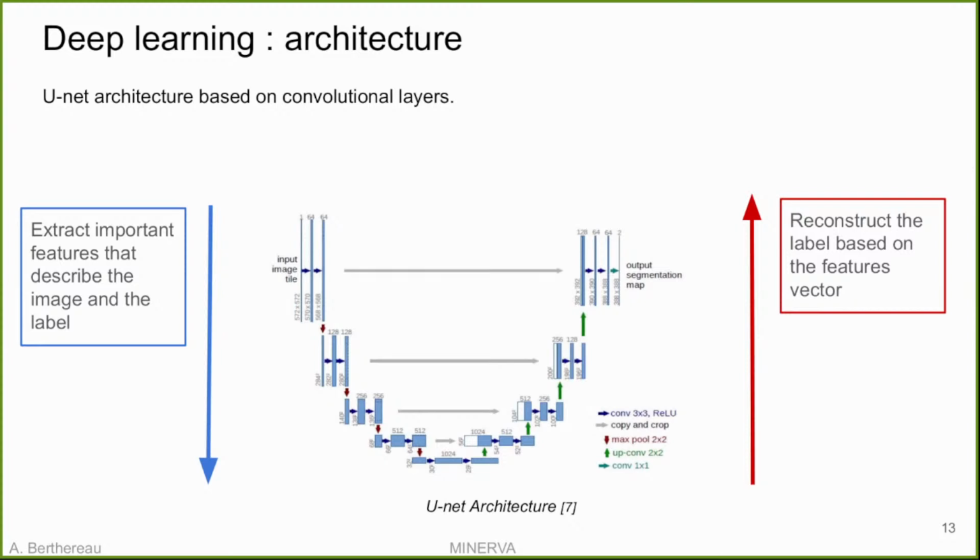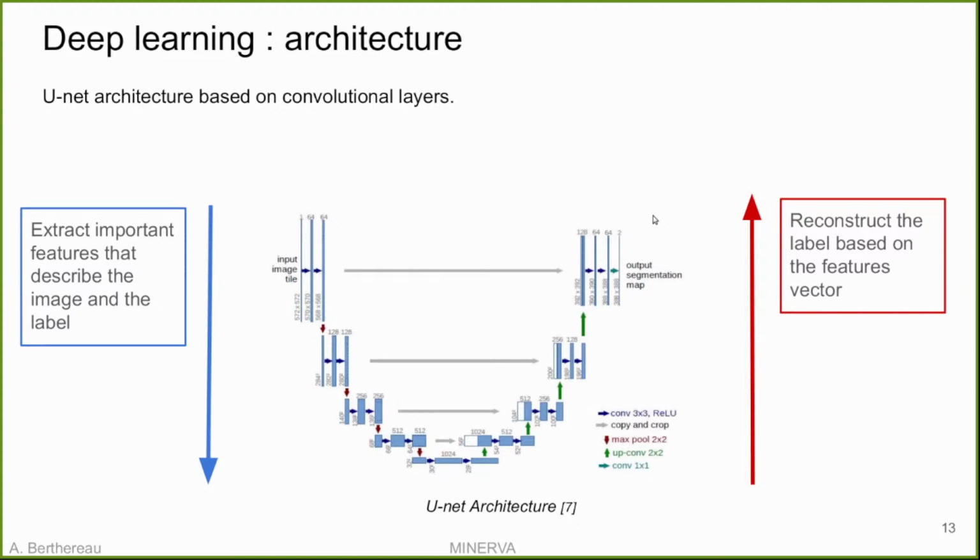So we are using the property of transfer learning. That means we are using a network that has already been trained for another task, but we use it for our own task, which is to extract important features in our radio observation. At the end, as an output, we will have a binary mask